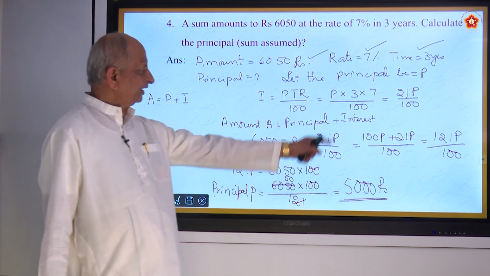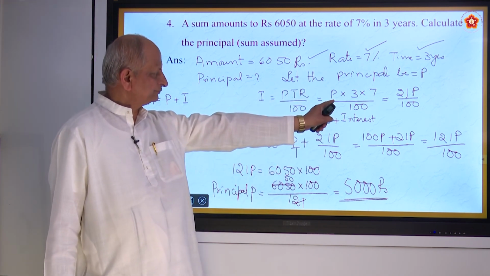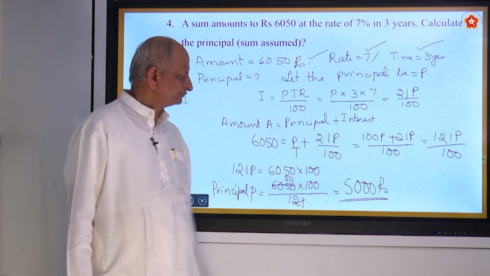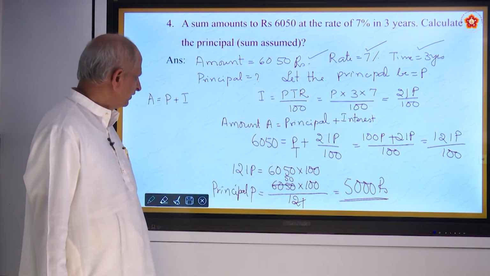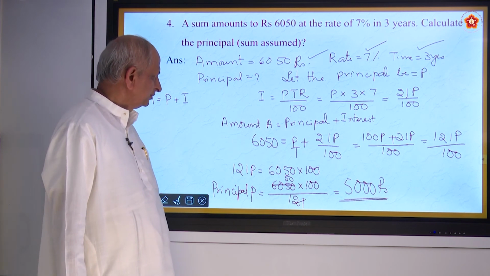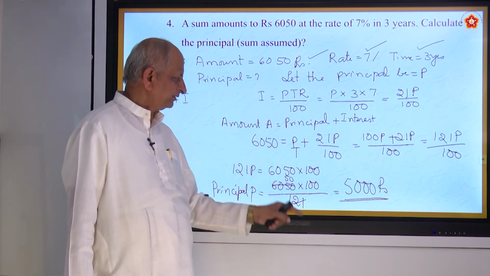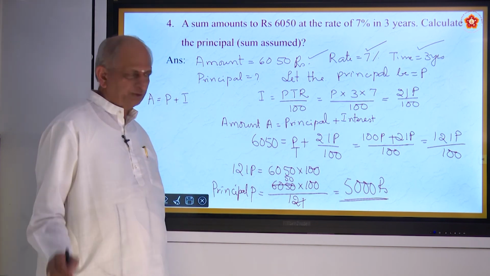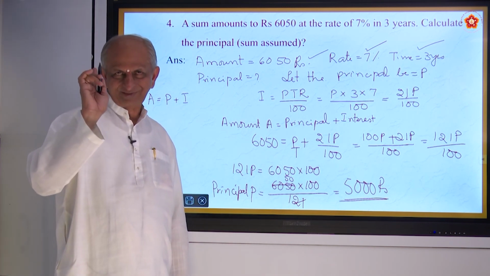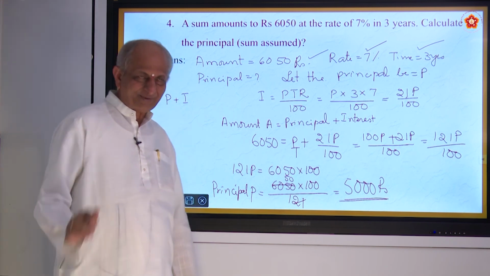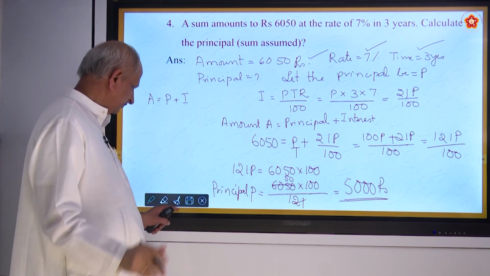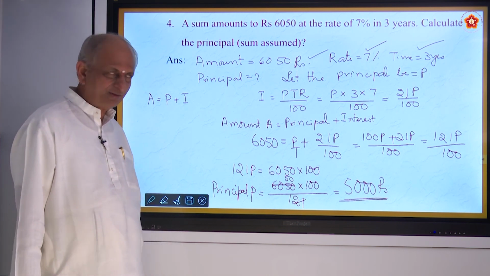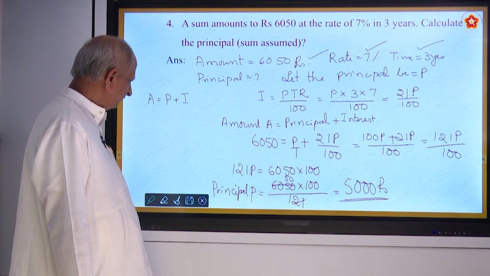If you want, you can check also. You apply in this formula: 5,000 into 3 into 7 by 100. You get interest, right? And that is 1050 you get. You just add it, you get the total amount. So this is the answer. It's a little tricky question, but you must be able to answer all that. Okay. Shall we pass on to the next sum? You have taken down? Okay. Next sum will be